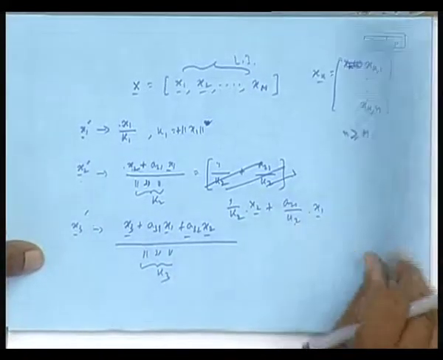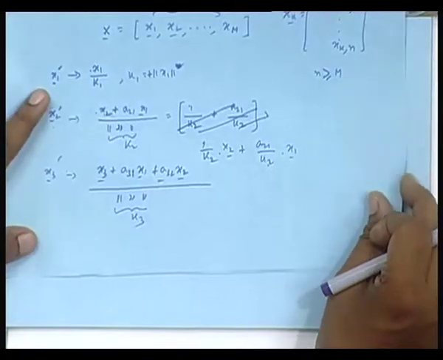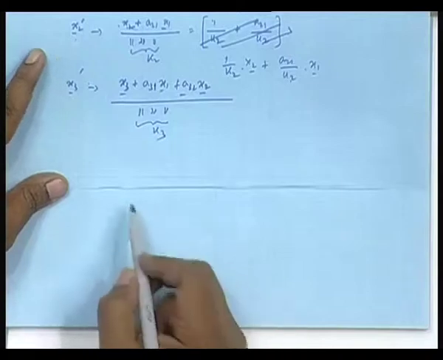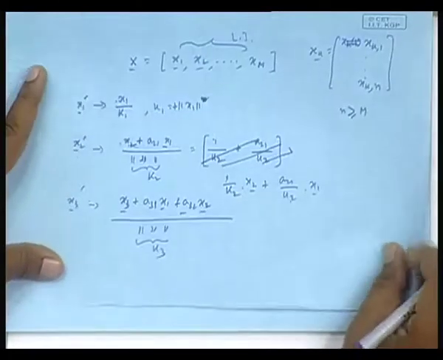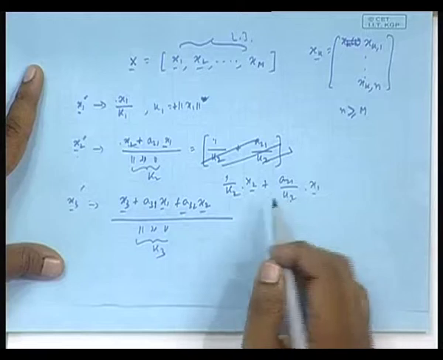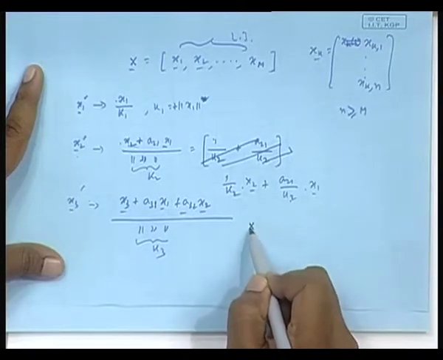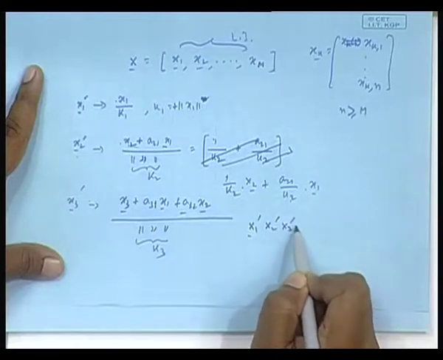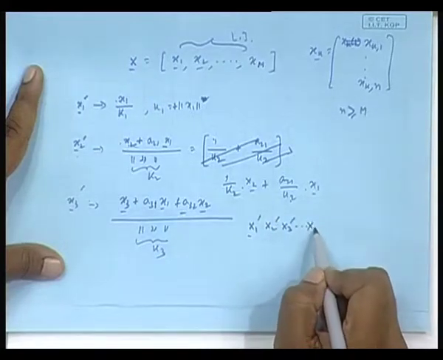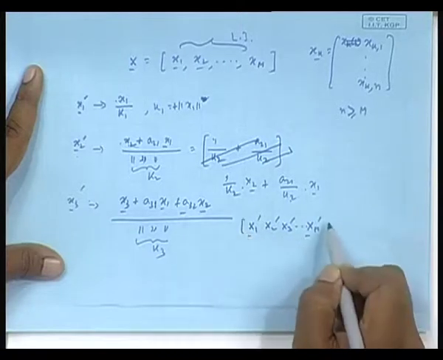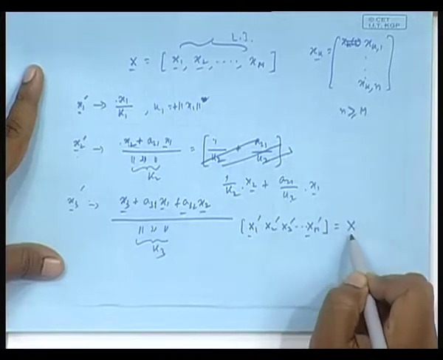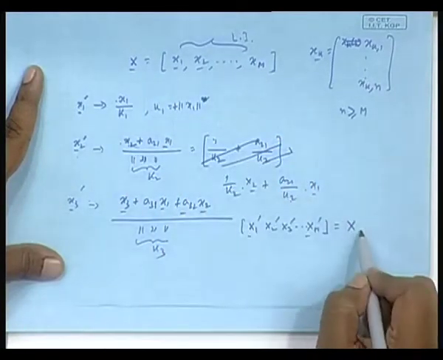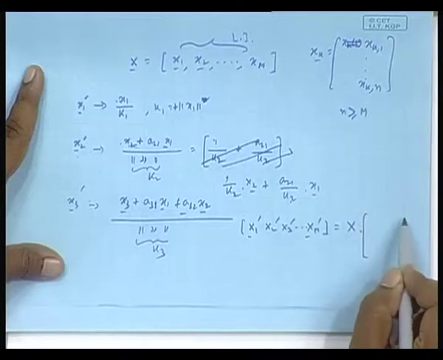Okay, this is the structure. So, that means if I put these vectors like this, in this page only let me do. If I put the orthogonal vectors x1 prime, x2 prime, x3 prime, dot dot dot, xm prime, that will be this x. Since I am having a shortage of space, I am not rewriting the entire x, is this x times one matrix of this form